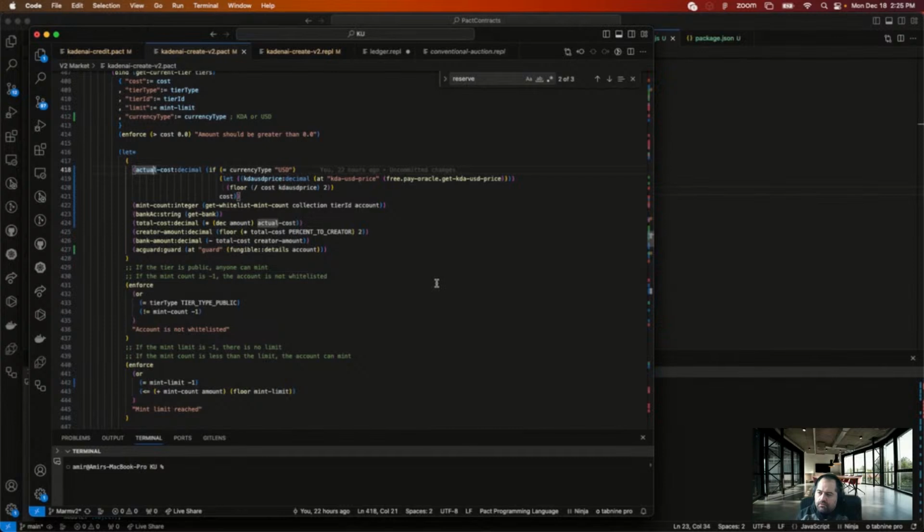Total cost. Payments count. Total cost. Actual cost, creator amount.